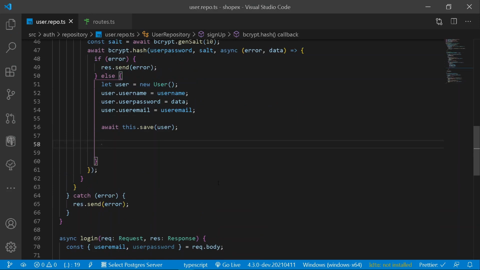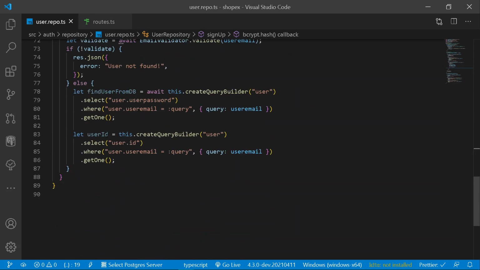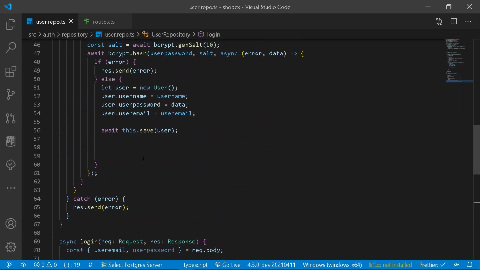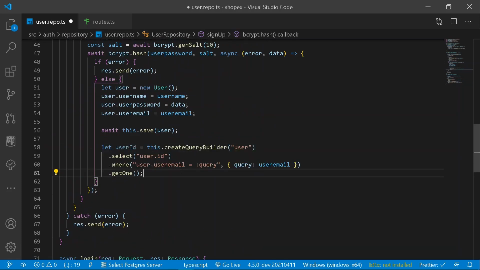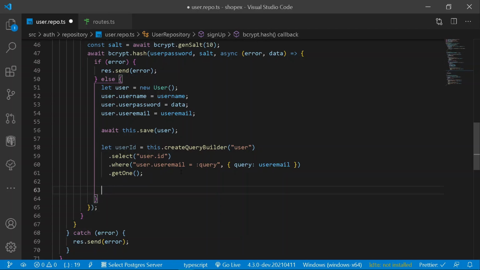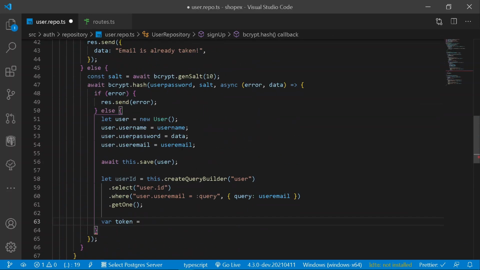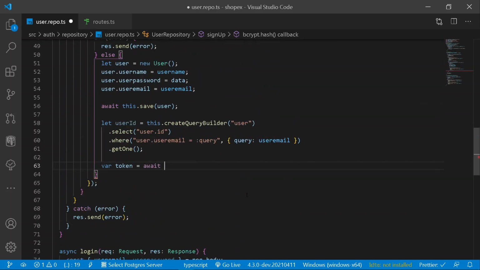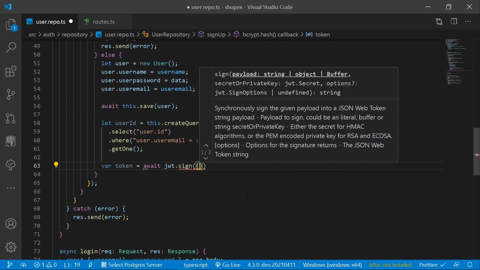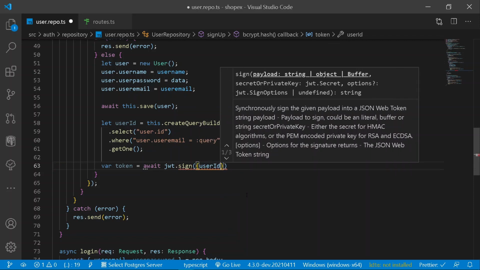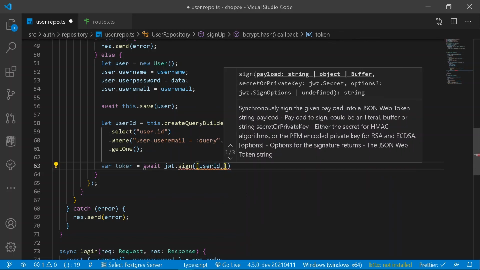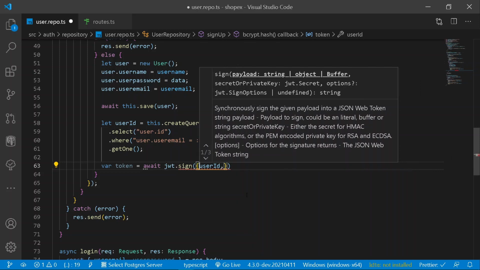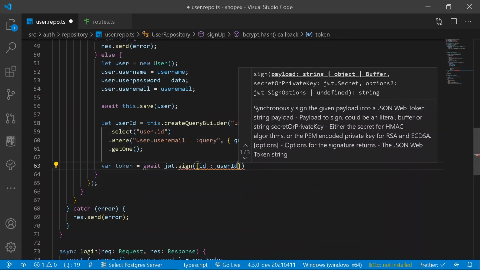So for that purpose, first of all, we need to have the user ID, and for user ID, we can copy the following user ID from this side and paste it here. Format document first. And once we have got the user ID of the user who has signed in, we will be creating a new token, just like this, as we have done under our this method. So for that purpose, first of all, I will be calling jwt.sign. We shall be signing up, and under this, first of all, it shall be requiring a payload, and the payload shall be nothing but the user ID. And after that, it should be also requiring a secret ID. But before that, let's add an ID to be user ID, just like this.